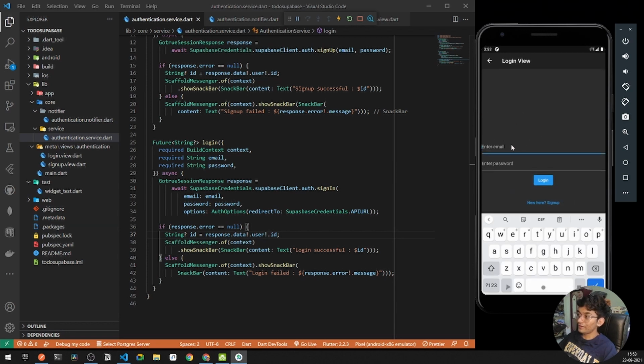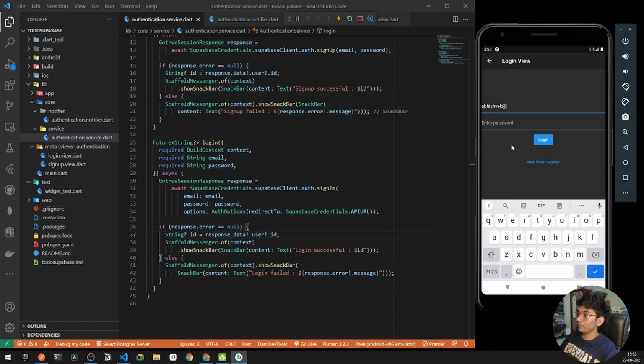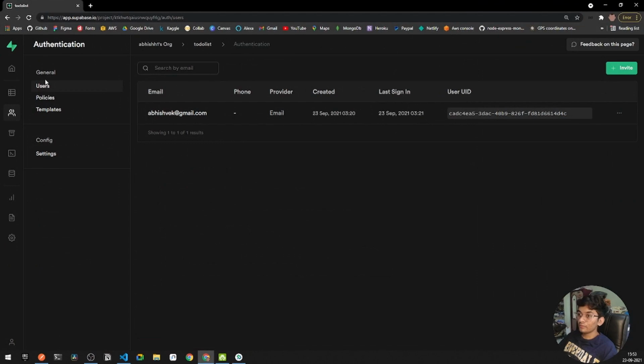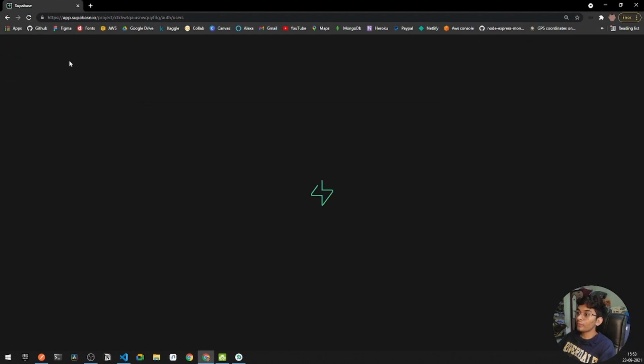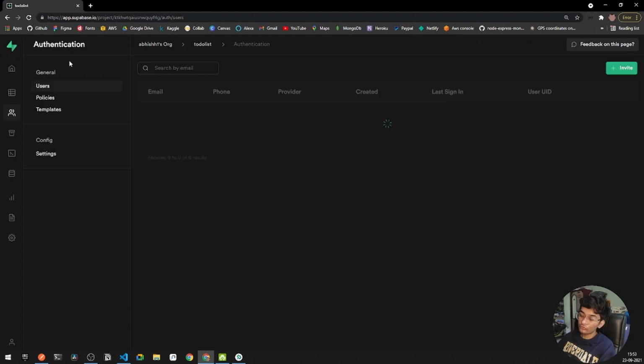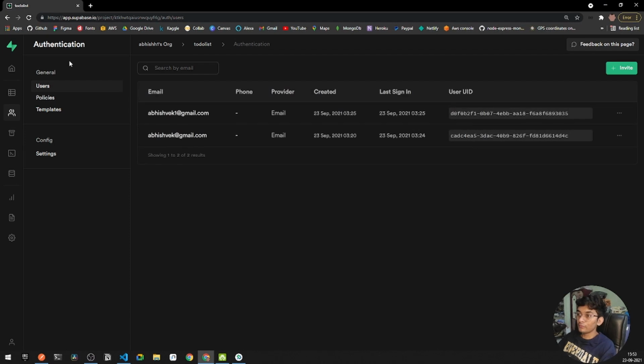If I go back and enter Abhishek1 at gmail.com with the same password and try to log in, you can see login successful and the user ID. If I go back here and refresh everything, we will be getting two different users: Abhishek at gmail.com and Abhishek1 at gmail.com.